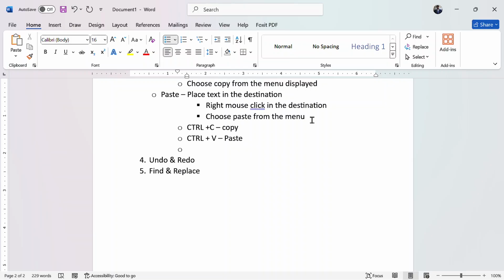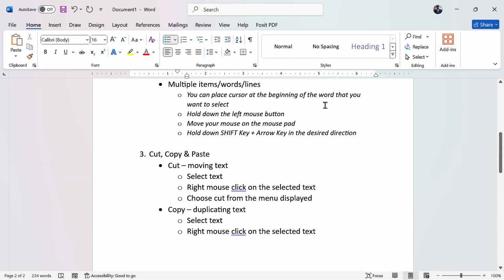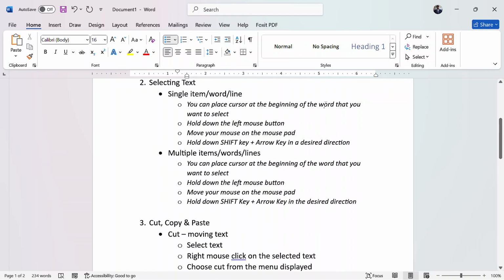And when you press Ctrl plus X, that is what we call cut. Those are the shortcut keys we can use for this.